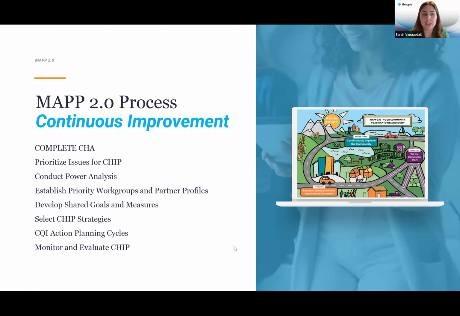Phase 1 really is building the community health improvement foundation. So planning for your assessment, gathering information on current and potential partners, developing your steering committees, reviewing previous community health assessments if you've completed them in the past as well.